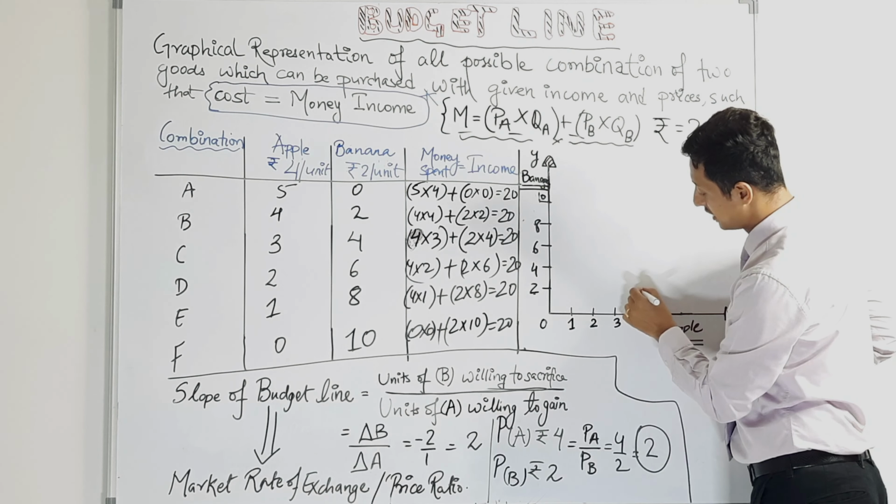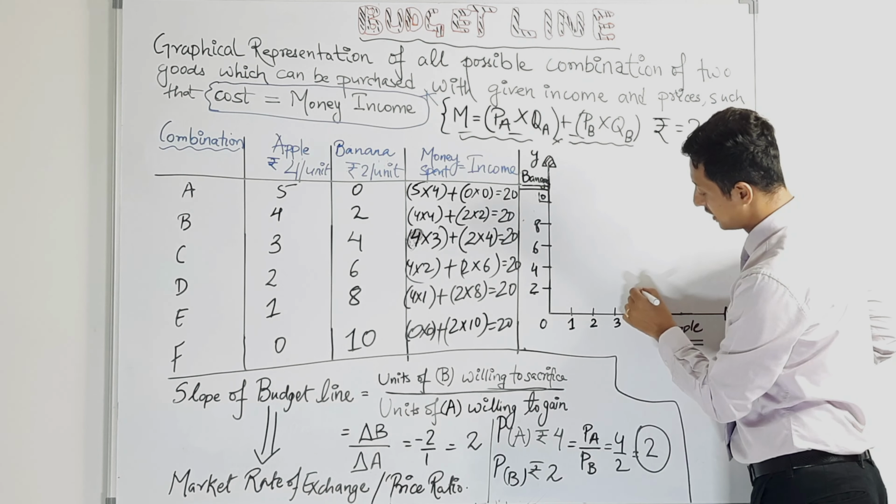Then 1 unit of apple, 8 units of banana, and 0 apple and 10 banana. Now, if we connect these points, now let us see, this is combination A, this is B, this is C, D, E, and F. Now let us join these points,